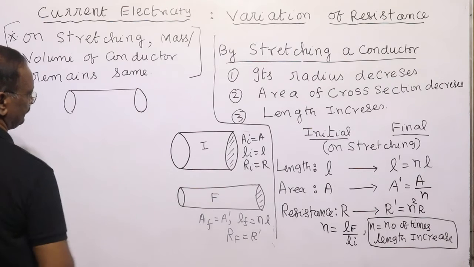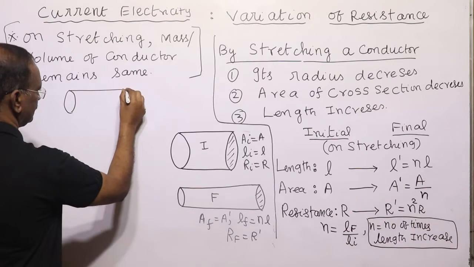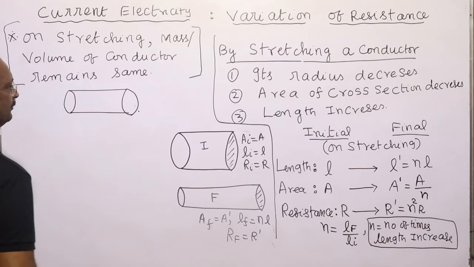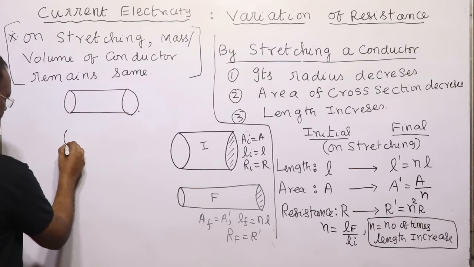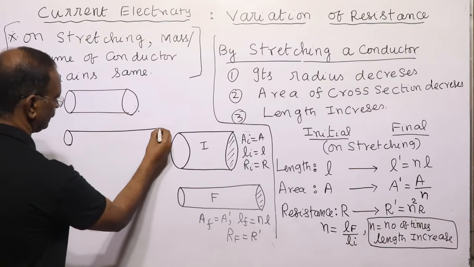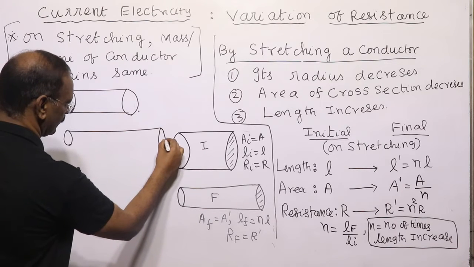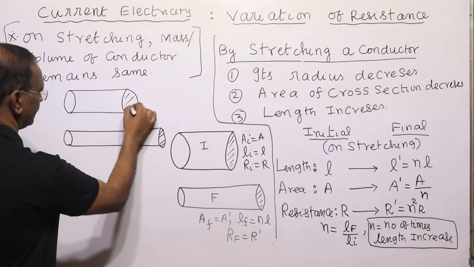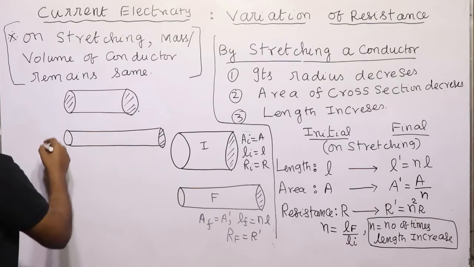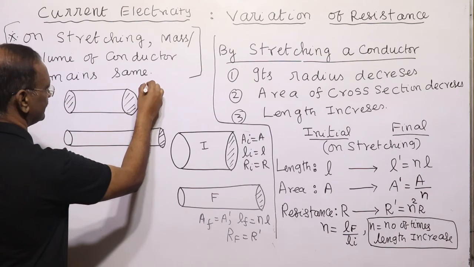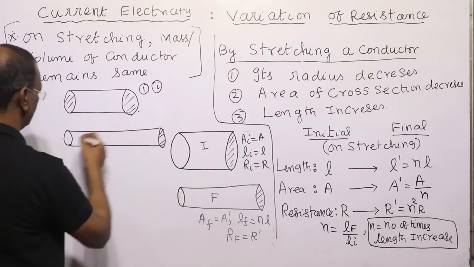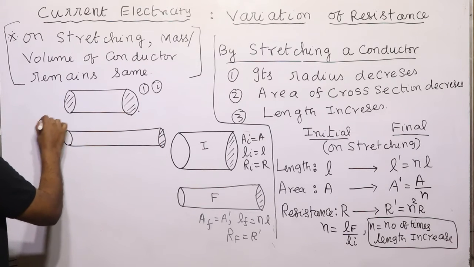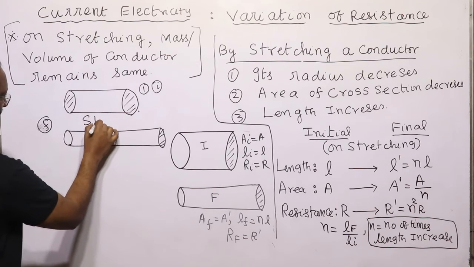Suppose a conductor, let us assume it is of cylindrical nature, is stretched. What will happen? Stretched means it will go like this. So this is the area of cross section. This is before stretching, that is the first stage, the initial, and we can call the other the final. On stretching,